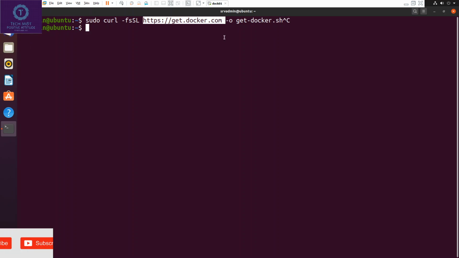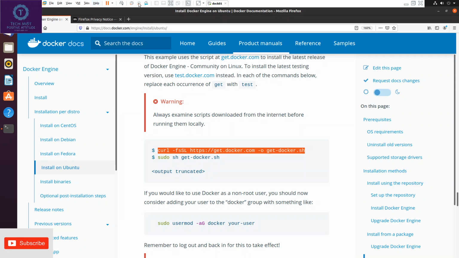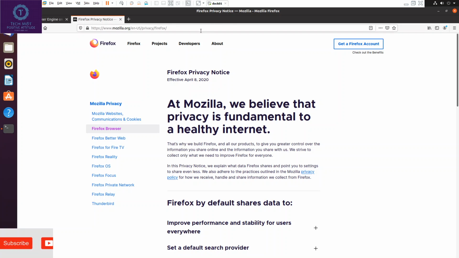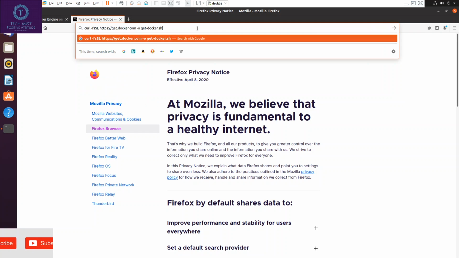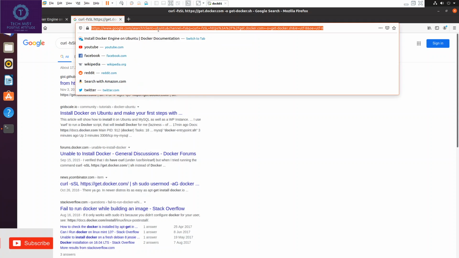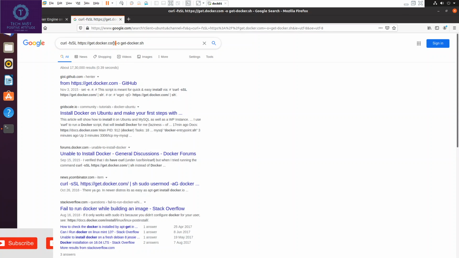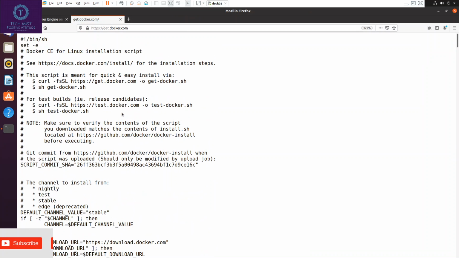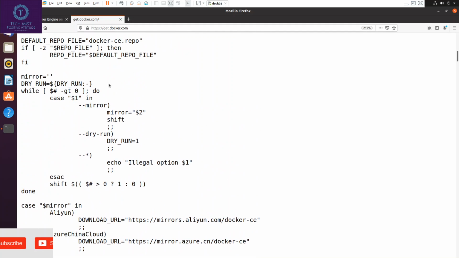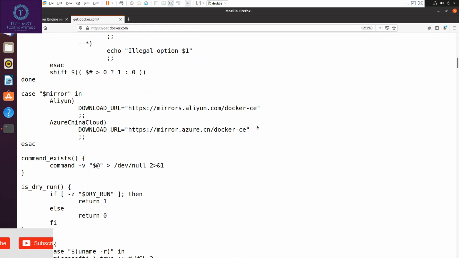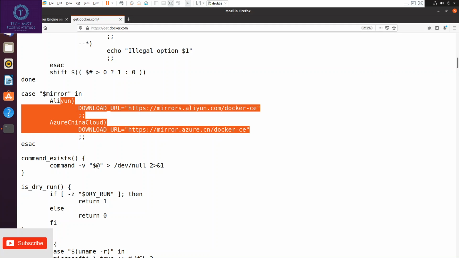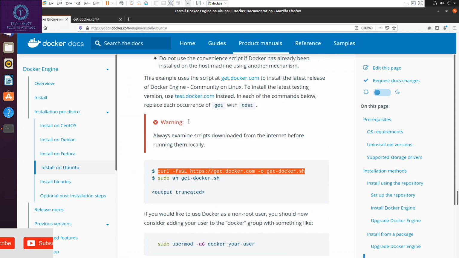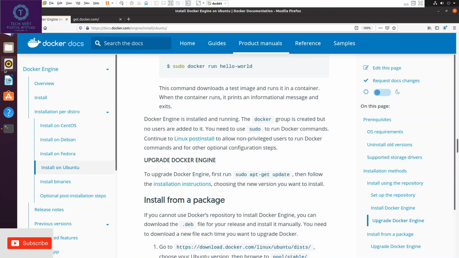I will show you what the script contains. As you can see, script contains many things that were written in the steps provided by Docker.